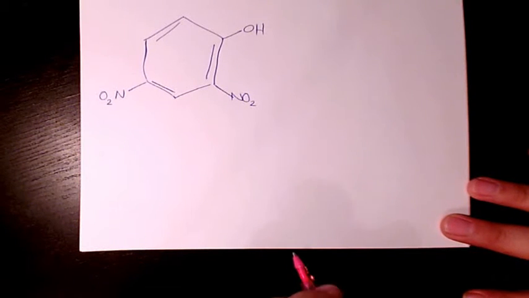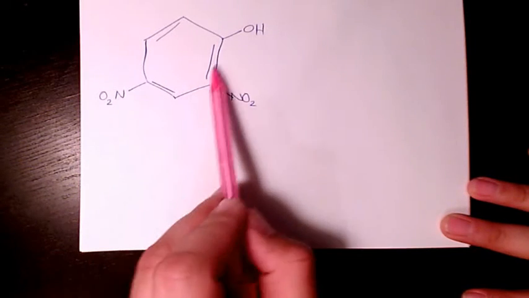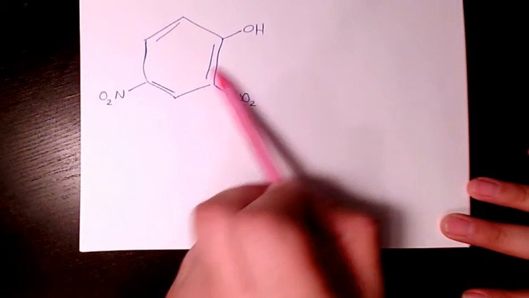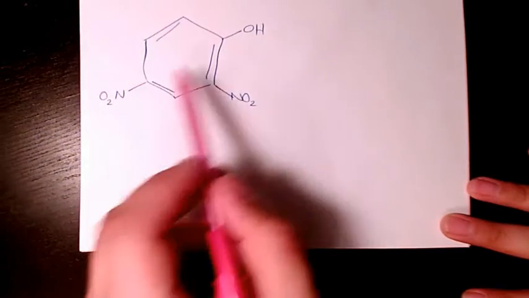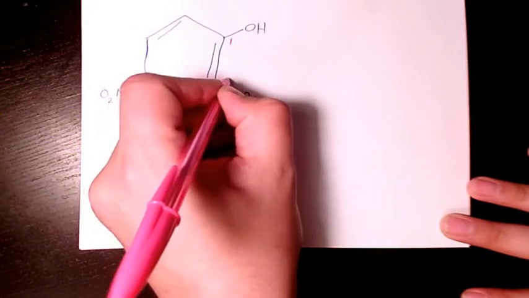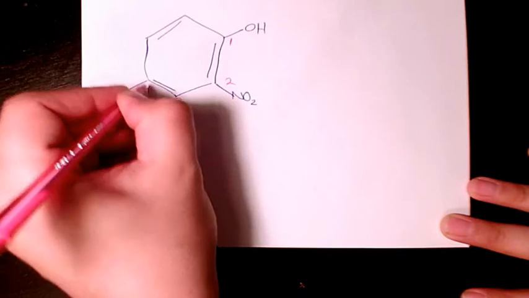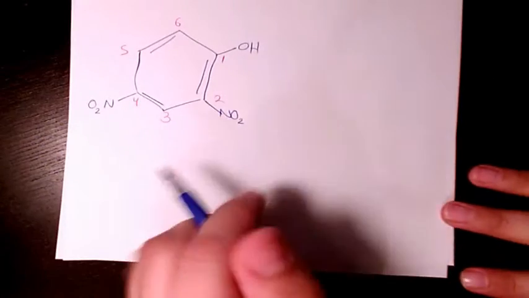Welcome to my channel. In this video I want to show you how to name this organic compound. We have a benzene group and we have a hydroxyl group, so it means that we are dealing with a phenol. So if you want to number them, this one is going to be the first one, so it's going to be 1, 2, 3, 4, 5, 6. Then I can say that's going to be